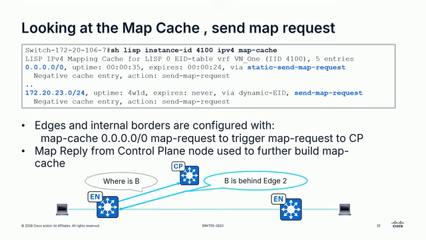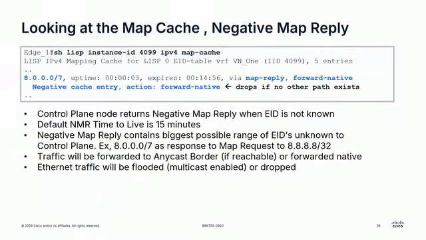The negative map replies, they are quite interesting sometimes. What we do with the control plane nodes, if you get a map request for a specific IP address, we don't just respond back saying, I don't know where this specific IP address is. What the control plane node will do is just say, I don't know where this one IP address is located, but it gives the entire block of IP addresses that it doesn't know where this specific IP address belongs to. In this case, we tried to resolve 8.8.8.8, the Google DNS. It doesn't know 8.8.8.8, but it just told me, okay, I don't know